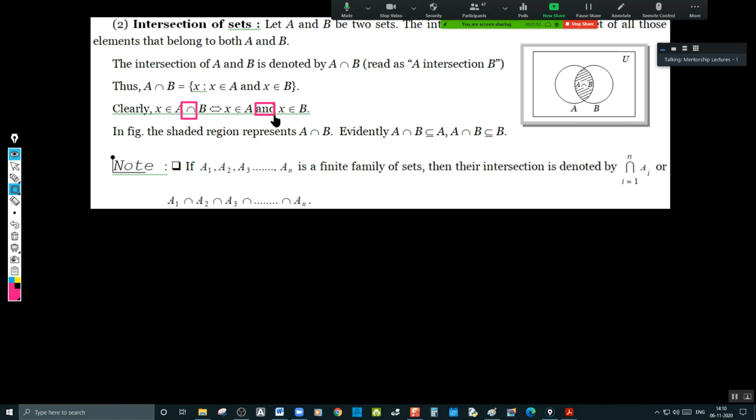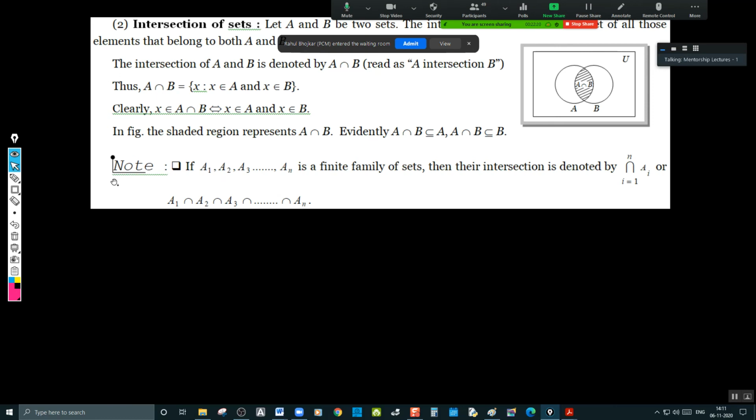Further in probability, we'll be using this AND as multiplication and OR as plus. This is what you have to understand. So in the verbal problems, wherever you get AND, you have to apply intersection. Wherever you get OR, you have to apply plus, addition. Okay. Now,